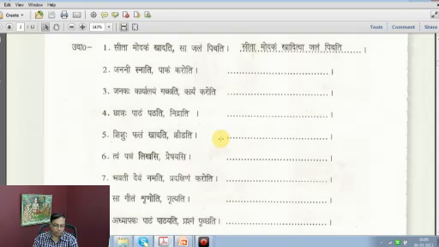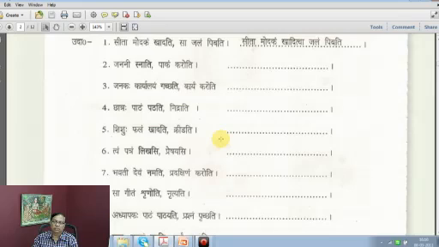Then next one, sishuhu phalam khadati, and then kridati. Sishuhu phalam khaditva kridati. A child after eating the fruit plays. A child plays after eating a fruit. Having eaten a fruit, a child plays. So you can say it in these two ways. A child plays after eating the fruit. It simply means sishuhu phalam khaditva kridati.